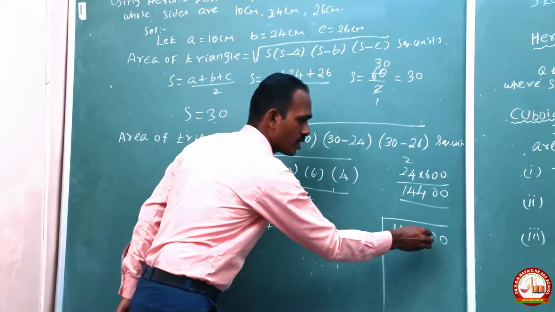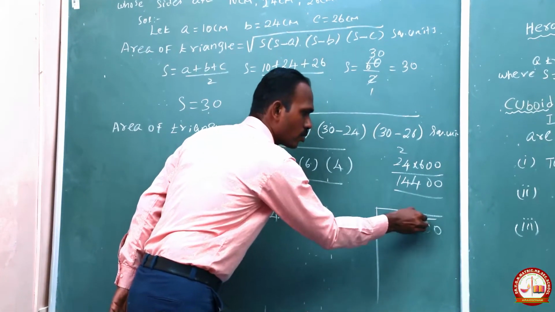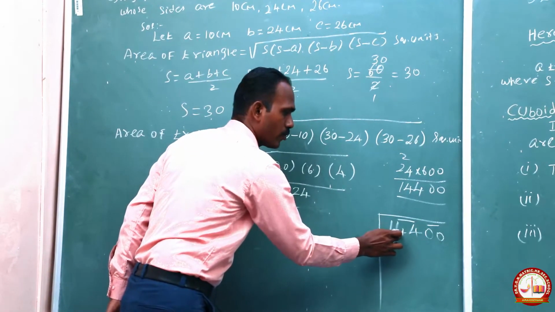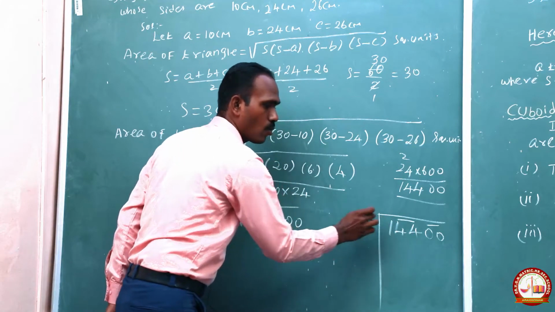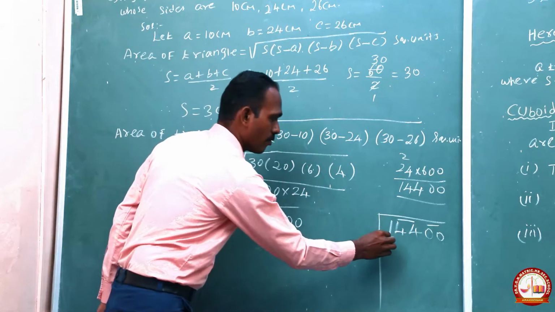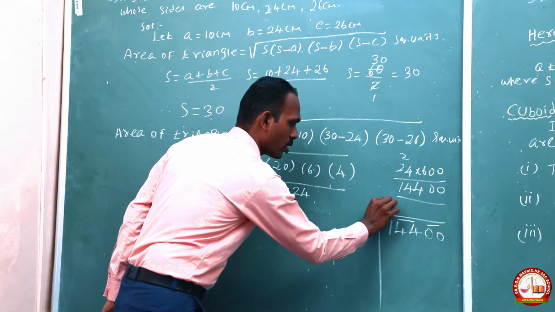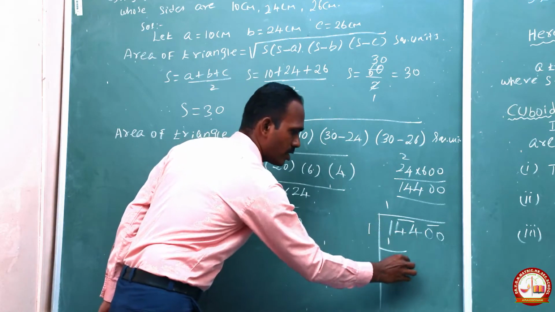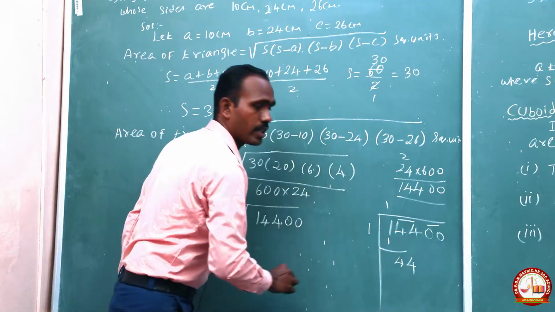At first, we take the two numbers. First, 2 zeros, we put the 1 bar, and then next 4 4, put the 1 bar, and then 1 is remaining. So first we take the 1 table, so 1 ones are 1, remaining 1 minus 1 is 0. Next we bring this 444 here.